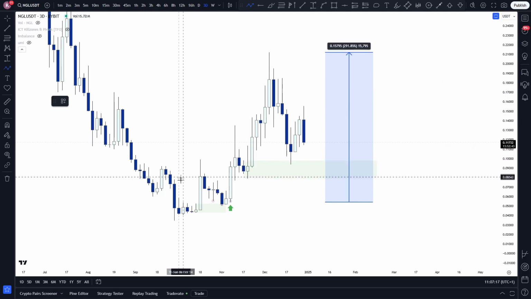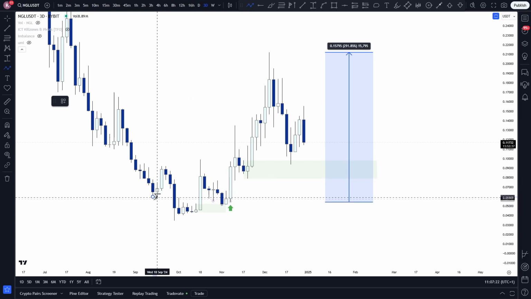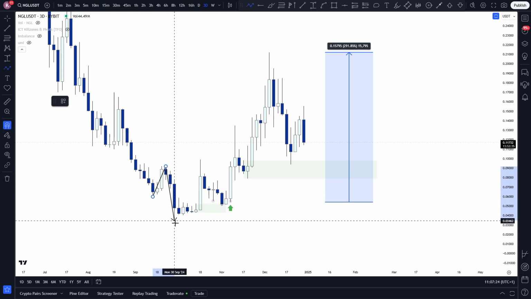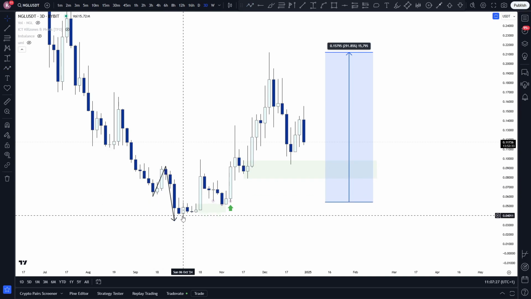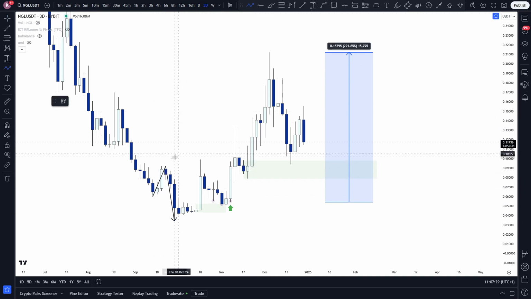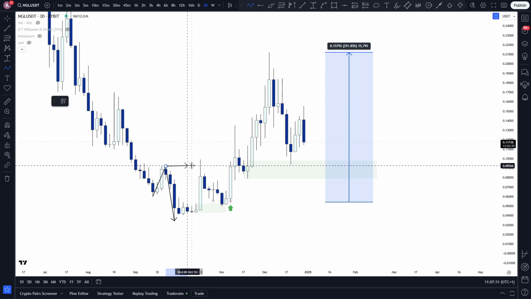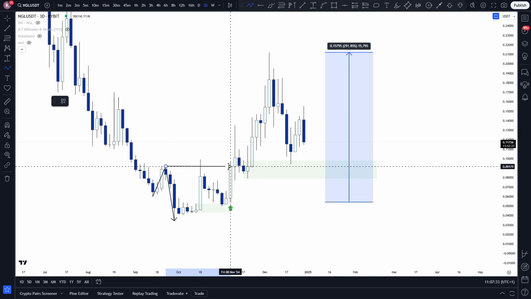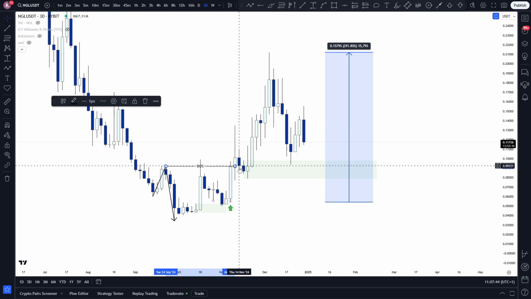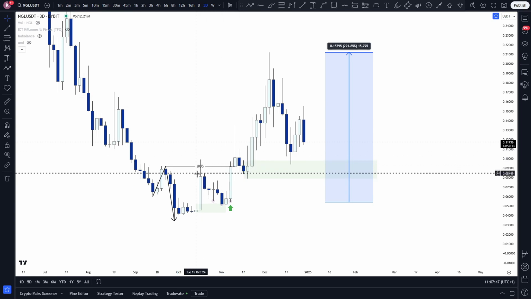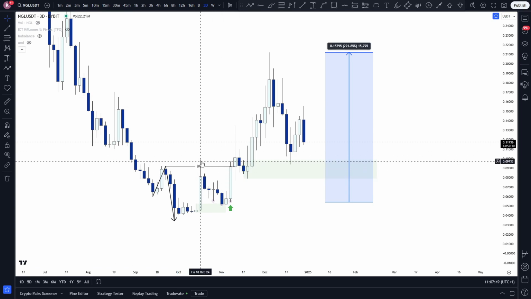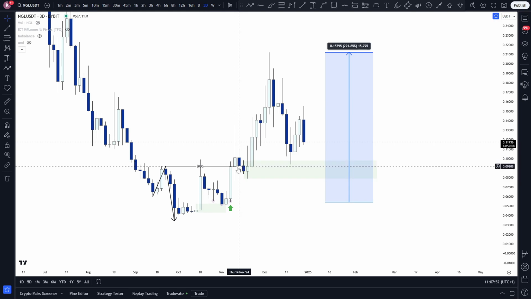Let's start by following our 3-day structure. We have our low, we have our high, and we've made a lower low. So this was our downtrend right now. When do we break the downtrend? When we can see a gain of this high here. When have we gained this high? In my opinion, that's over here, because a wick above structure is not a gain, it's just a liquidity hunt. An open and close above the structure, that is a gain of the structure.